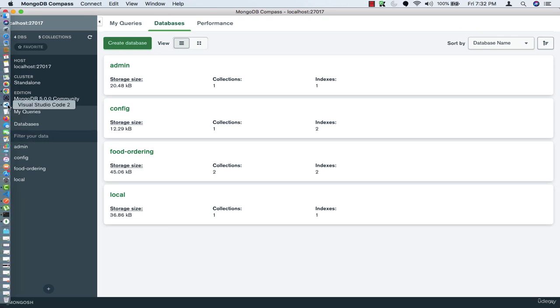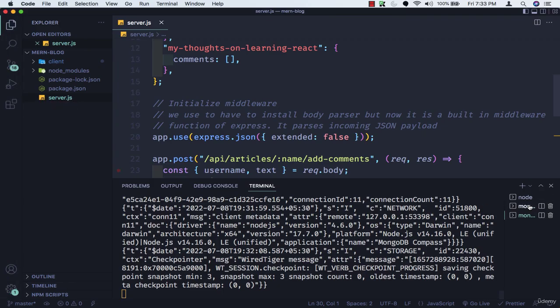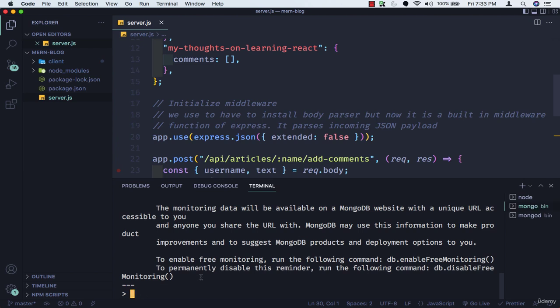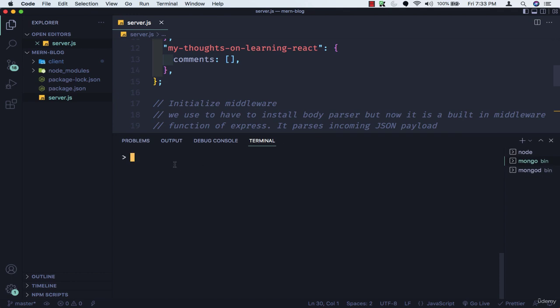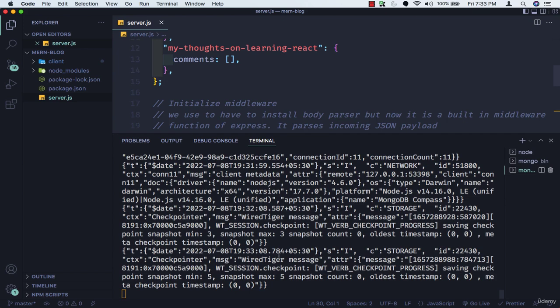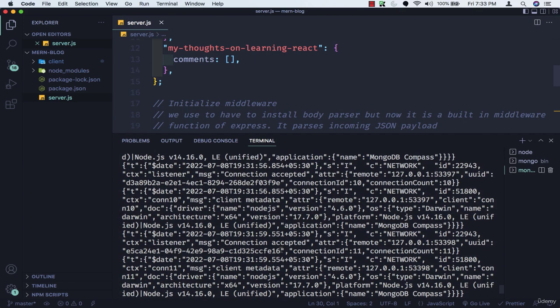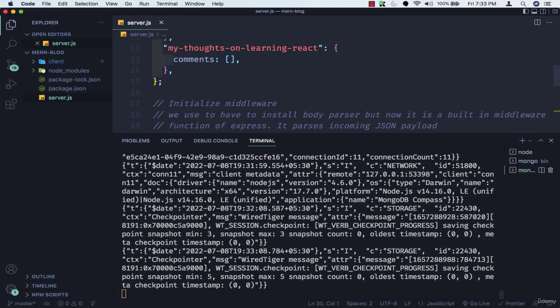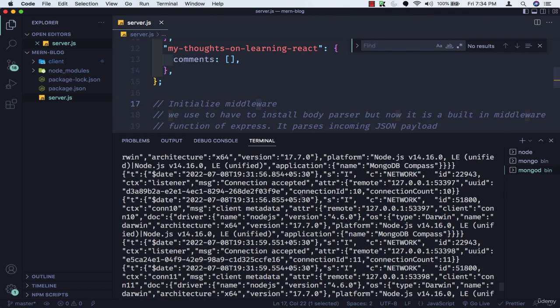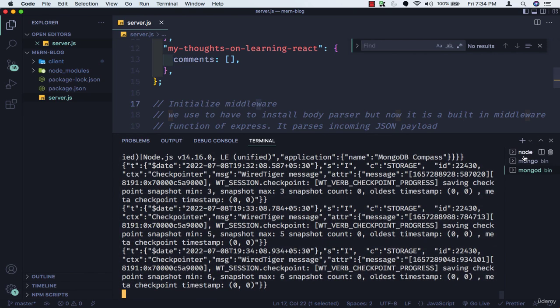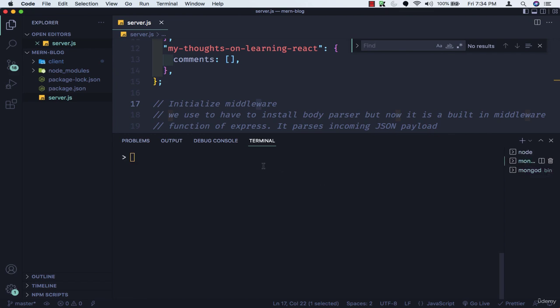Now let's go inside VS Code, and here in the shell. Let me clear this. So cls, this will be cleared out, and now I'll show you how to create a database. Make sure your connection is working. You will see this message, waiting for connection. Once you see waiting for connection, it means everything is perfect. Or maybe you can see this one, connection accepted. It means it is working perfectly fine. So make sure that your connection is there, and then inside this shell we will create the